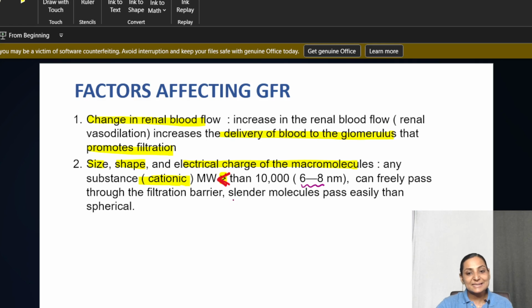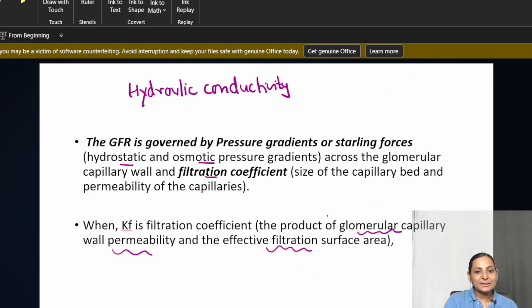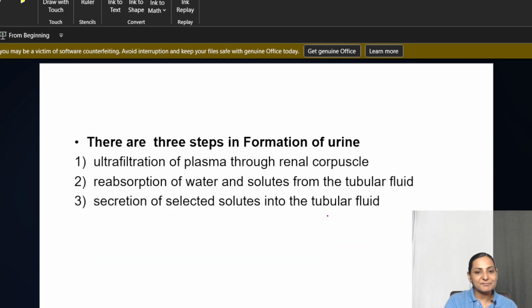And remember, the slender molecules can pass more easily than the spherical. So 6 to 8 nanometer spherical cationic particles are going to be more favored. This you can remember. So factors affecting, it is very clear now that if I get a question on factors affecting, what am